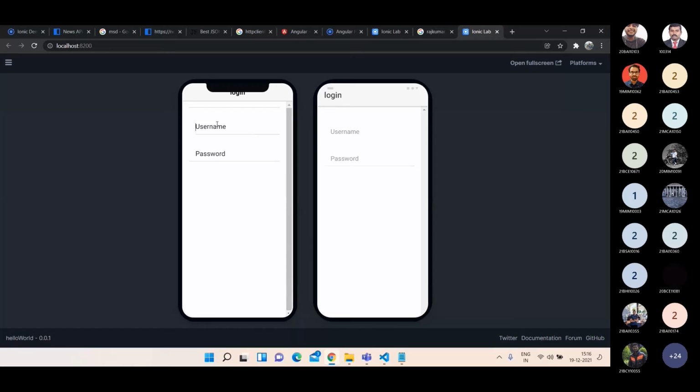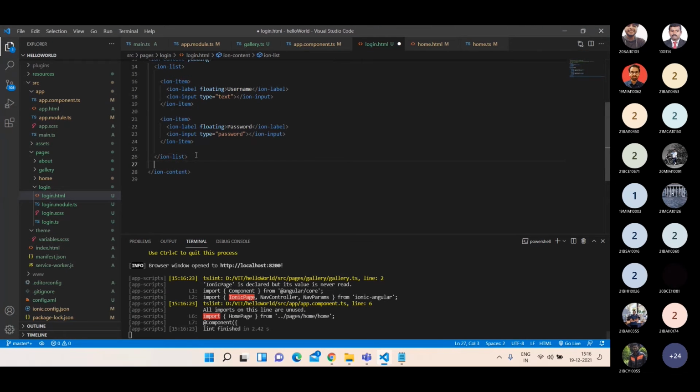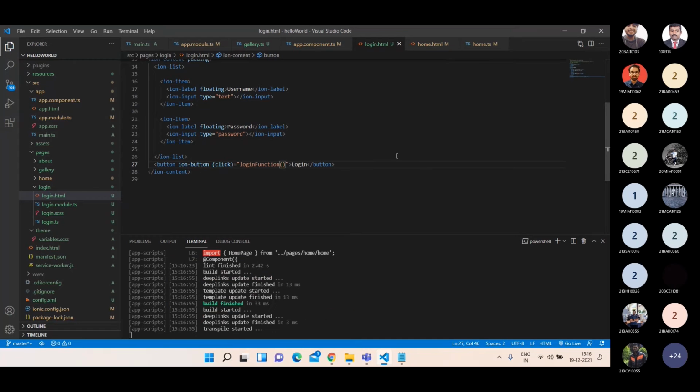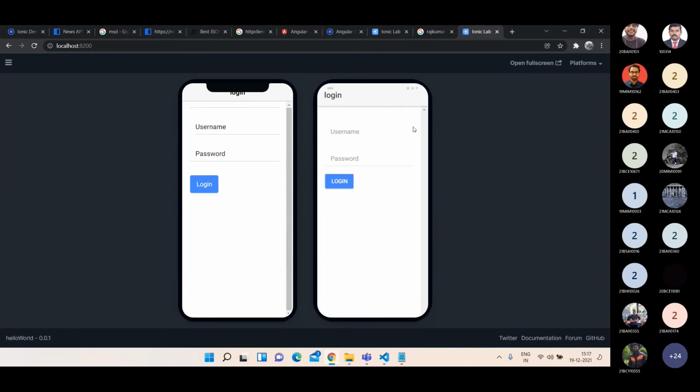Okay, so you get the fields and we should have a login button, right? So we created this login button. Your design will be looking like this.